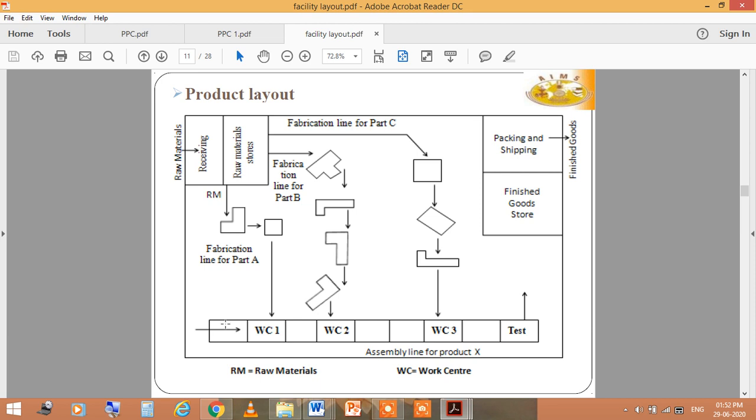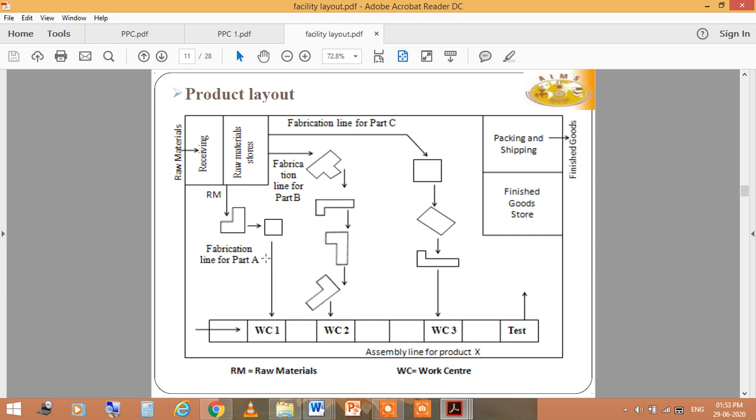You see here, this RM is the raw material and WC is the work center. These are the raw materials which are received and stored, and after transforming, there is a fabrication line of part A, a fabrication line of part B, and a fabrication line of part C. Every one of A, B, C is doing its work.